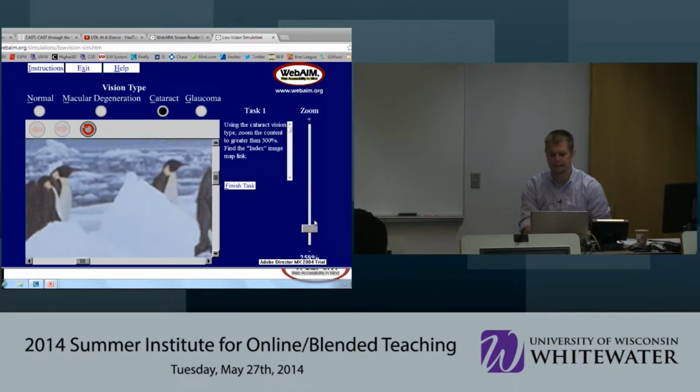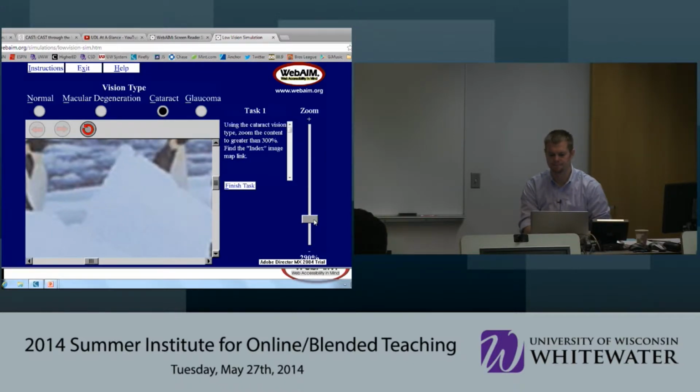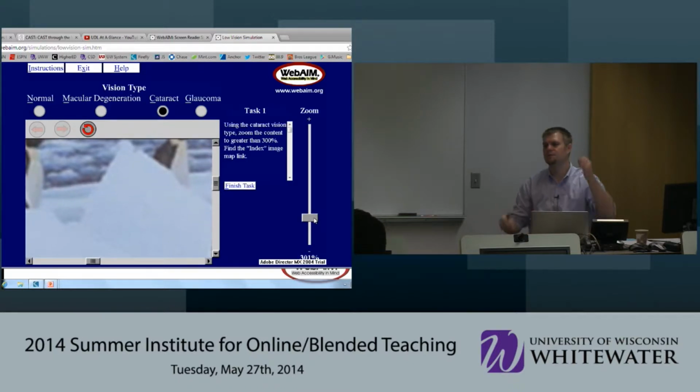This is where screen magnification software comes into play. A lot of students will use the basic accessibility features in computers. Other students will purchase software. If they're on a campus, they can access ZoomText completely for free because the university covers that to make sure we're in compliance. It's asking us to find the indexed image map.